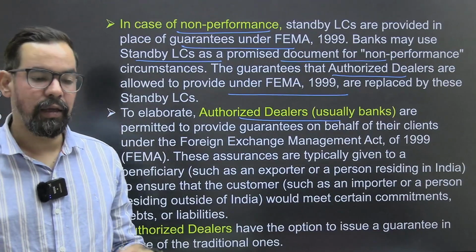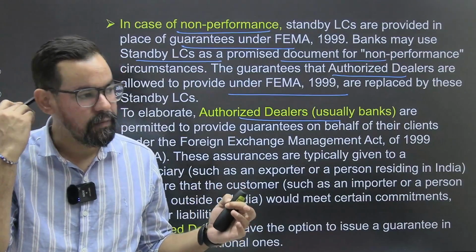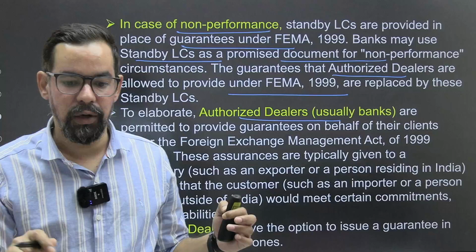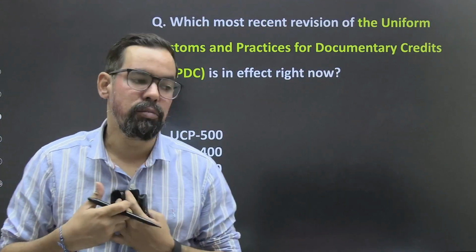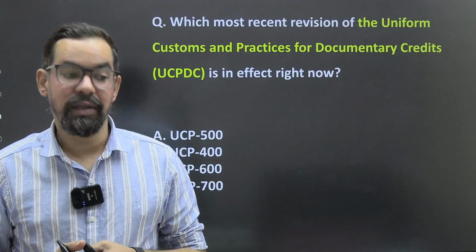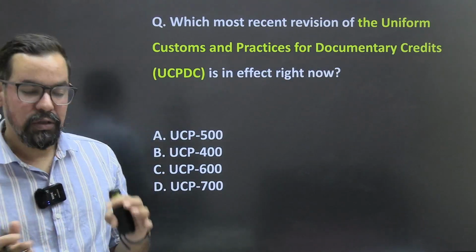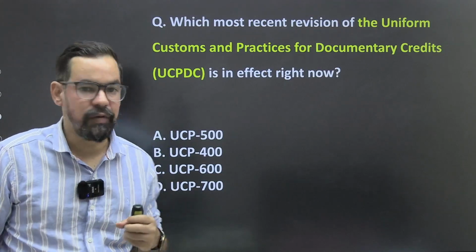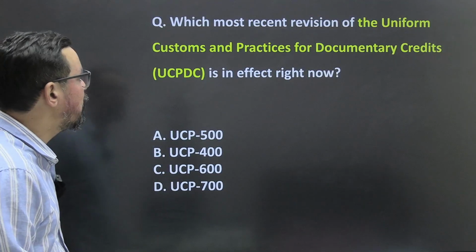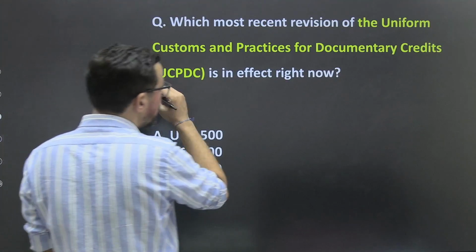तो कहीं ना कहीं मतलब ये जो टर्मिनोलॉजी हुआ ना LC वाला, मतलब स्टैंड बाय LC, दैट केम फ्रॉम US और UK मार्केट इटसेल्फ, ठीक है, जहाँ पे फाइनेंशियल गारंटी इज नॉट अलाउड, ठीक है। मतलब बैंक दे कैन नॉट इशू एनी काइंड ऑफ फाइनेंशियल गारंटी ऑन बिहाफ ऑफ अ कस्टमर, तो यहाँ पे उसका रिप्लेसमेंट हमने निकाल के दिया आपका ICC ने, दैट इज कॉल्ड स्टैंड बाय LC, ठीक है।